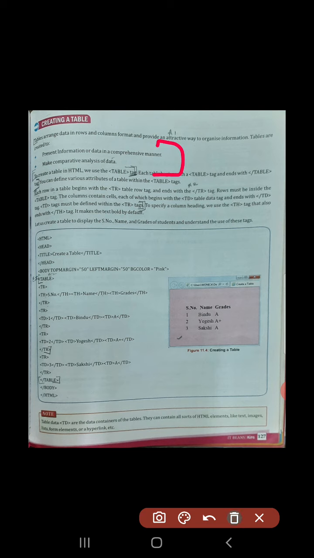So to create a table in HTML, we have the tag <table> and </table>, which is given here in the program. The table tag indicates the starting of the table in HTML and /table indicates the end of the table tag in HTML. Now to create a table, we have some other tags also, and those tags are